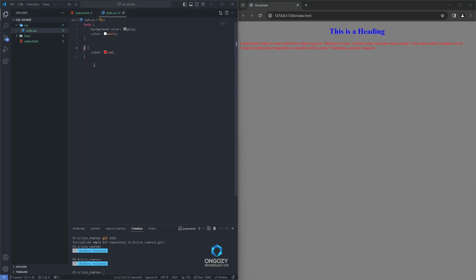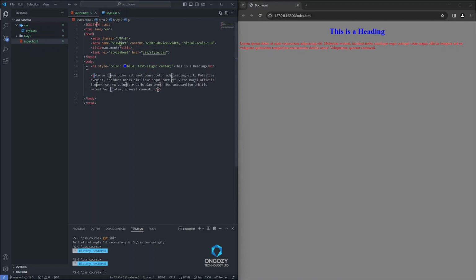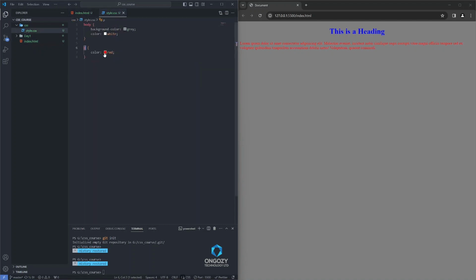The basic CSS selectors. Number one is the element selector. The CSS element selector selects HTML elements based on the element name. Like now here we had body, we have header one, and we have paragraph. These are the element selectors. Another one we have